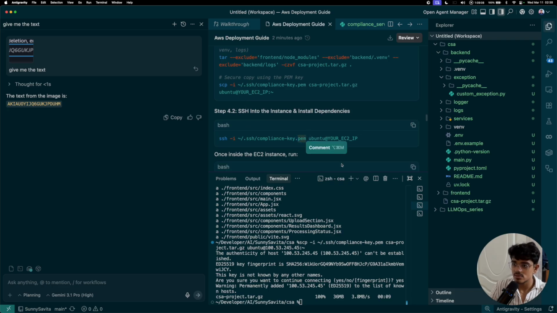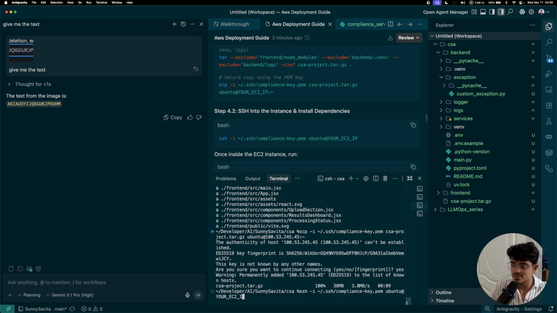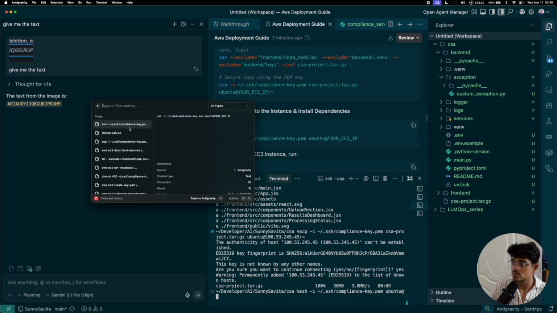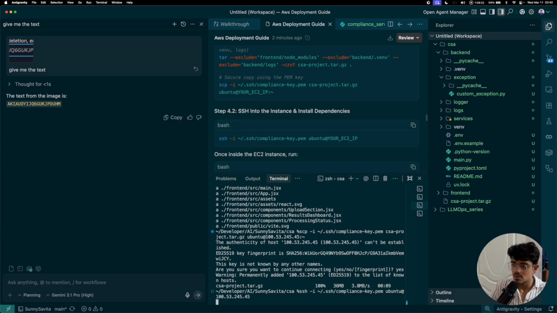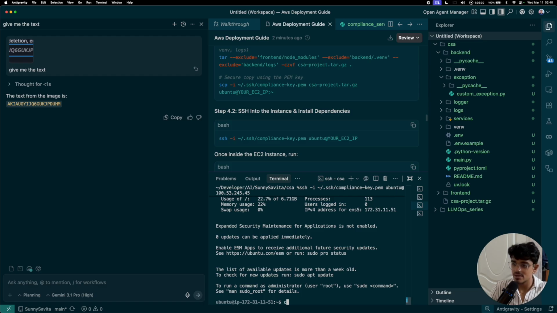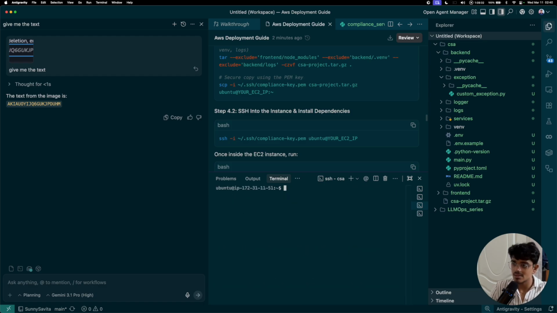So let's SSH to our instance. Basically let's copy this and paste it, and replace the IP with the IP which I have. So yeah, this one, let me run. Now you can see after a while we will be inside the Linux server. So see, we have that here, and if I do ls here, I have that project, I have that file